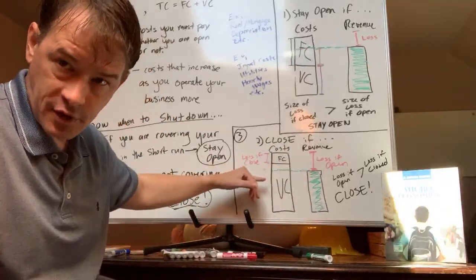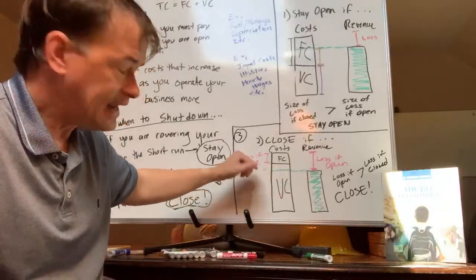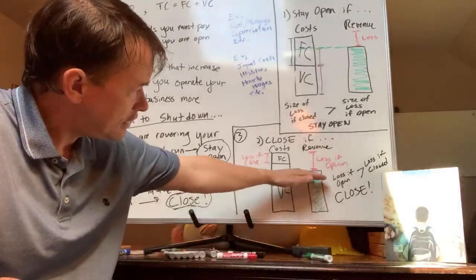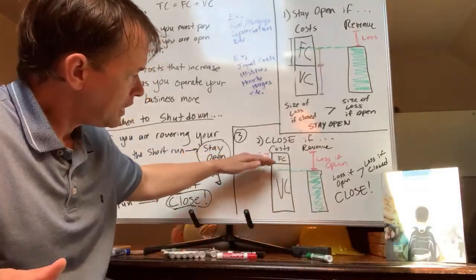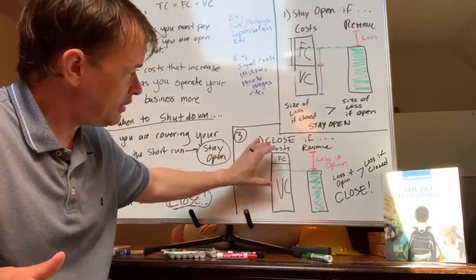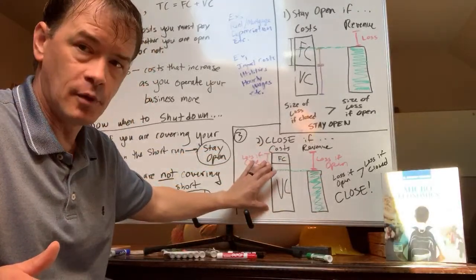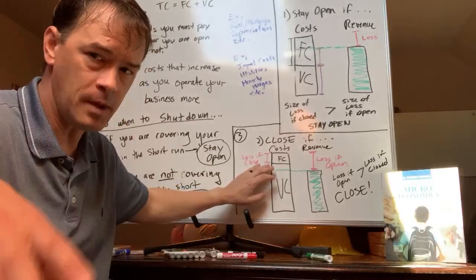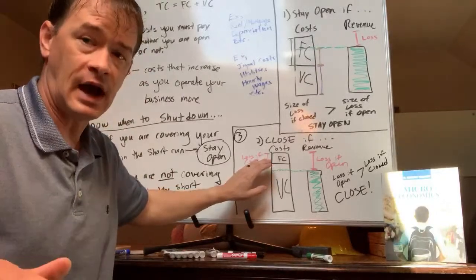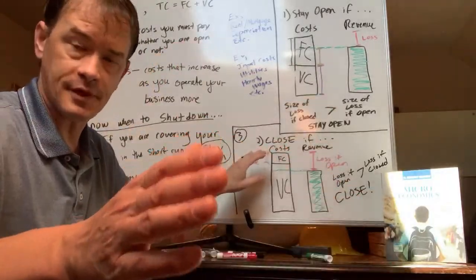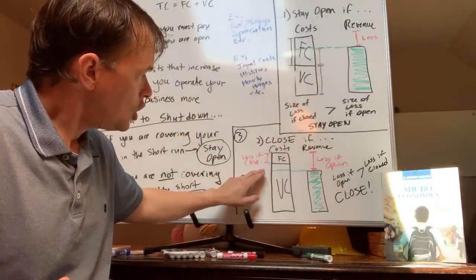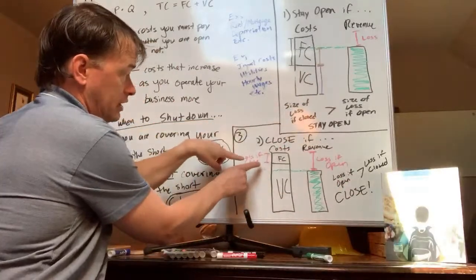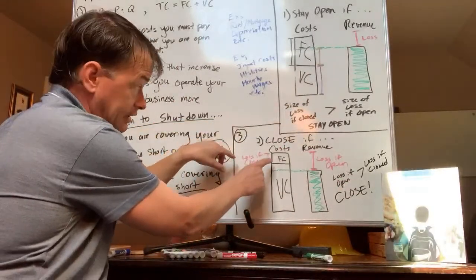And then compare it to your costs over the next week, your total cost, and divide those costs into whether they're variable costs and fixed costs. In this scenario, you can see that I'm operating with this revenue and this much cost. This right here, the bigger part, is my variable cost. That's cost I can control. That's a spigot I can turn off. I can turn off the power. I can quit buying materials to make sandwiches. I can quit paying people hourly wages, that type of thing. What you see here is my fixed cost. This right here, I have to pay either way, and it's this amount right here.